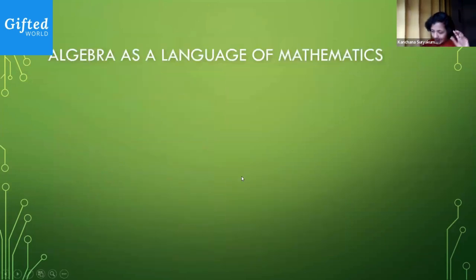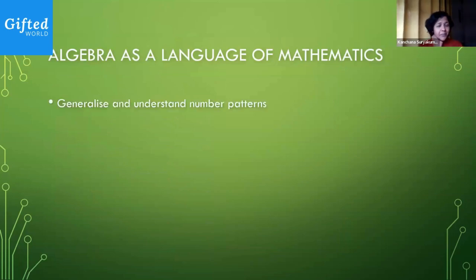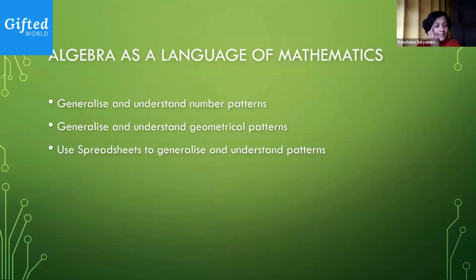Okay. So quickly recapping what we did in today's session, we tried to get a flavor of what algebra is, right? We tried to see how we can generalize and understand number patterns, geometrical patterns, and how to use spreadsheets to do this too. If you noticed, when I type in a formula, it is like algebra too. When I say equals A2 plus 1, equals A2 plus 1 divided by 3 and so on, these are algebraic expressions. So spreadsheets are giving you a way of learning to generalize and look at patterns. And that is algebraic thinking as well. And they help you do that with large numbers, right? So this is what we did today.